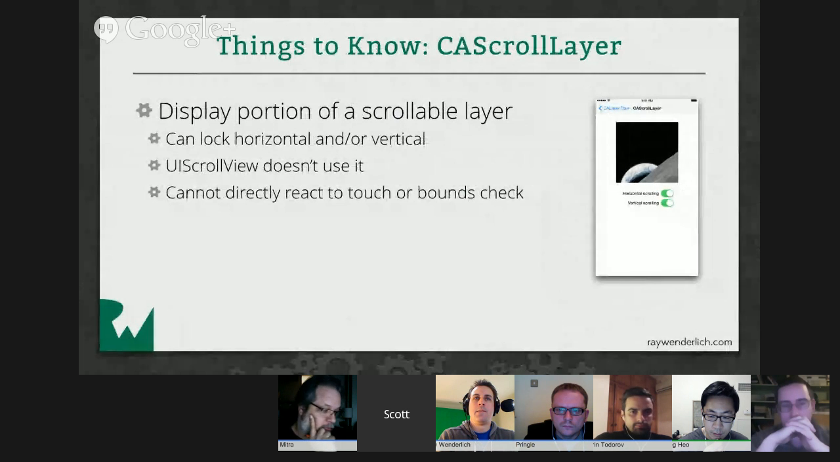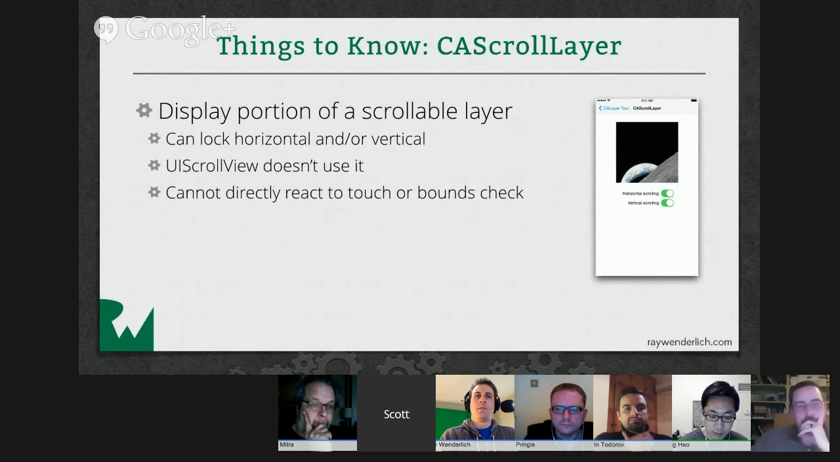All right, so moving on, and we're going to jump into CAScrollLayer. Now, this is a fairly basic piece of API. It's basically designed to display a portion of scrollable content. UIScrollView doesn't even use it, though. It changes its backing layer's bounds directly. So this is comparatively of lesser capability than UIScrollView, and